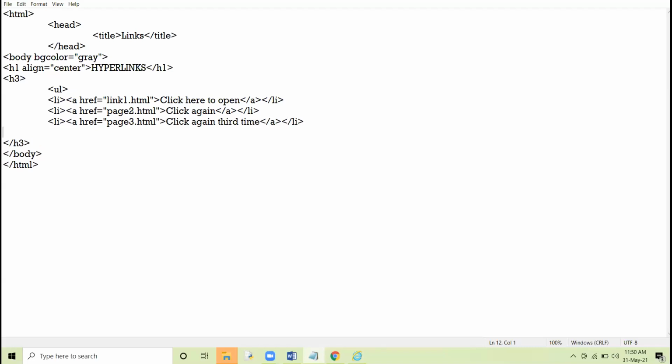Okay. And here I close the unordered list. Right? Now here I'm taking link color as, let me say yellow, and a link color I am taking green. Clear? So these changes I have done.